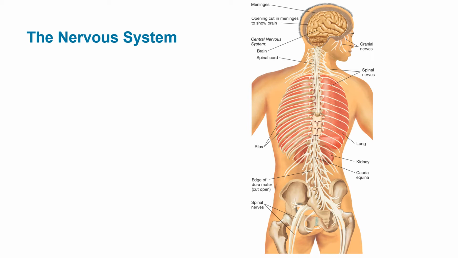Before we get in too far, when we are talking about the nervous system, we are referring to what you see here. You've got all of the different nerves, neurons that are going through. You've got how the spinal cord is working. You don't see them all going to the peripheral on this. This is more of the central, but it's still part of the peripheral. But you can see all the parts here, all the components that we are going to get to when we start talking. Like even on the next slide when we're talking about it, that we're going to start talking about the meninges that you see up here.